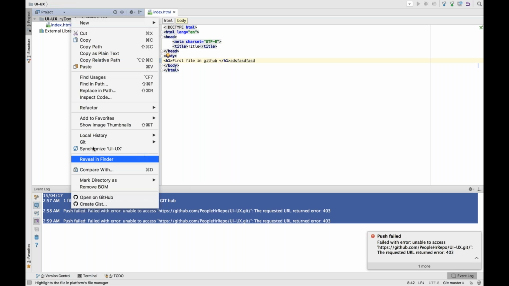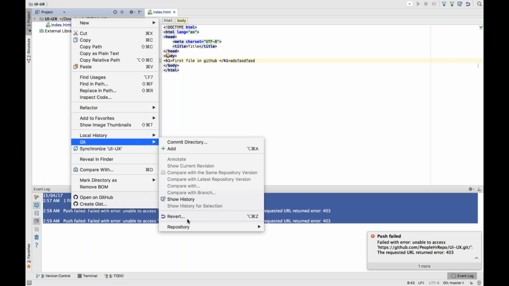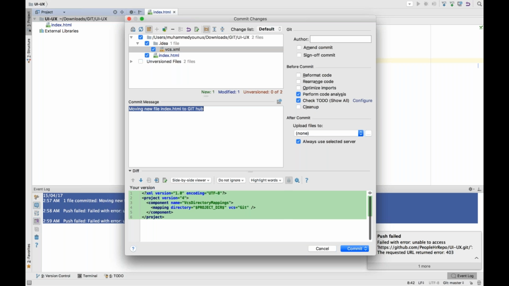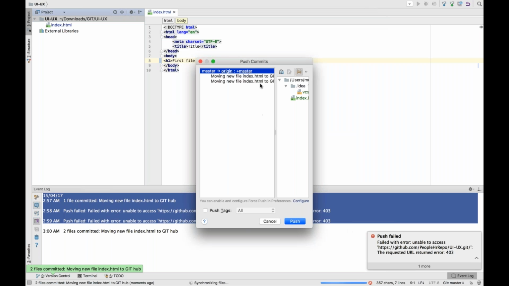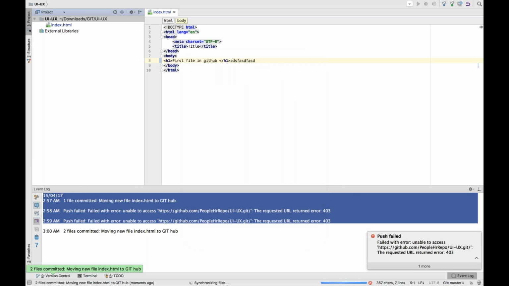This is the procedure, and let me check the repository. First of all, whenever you make any change, at the first level you have to go to that file and click this one. Clicking on